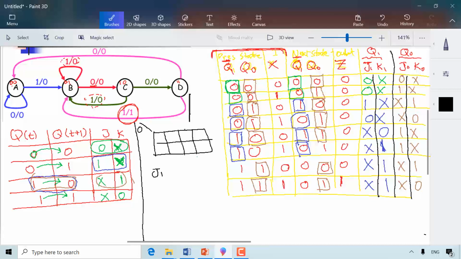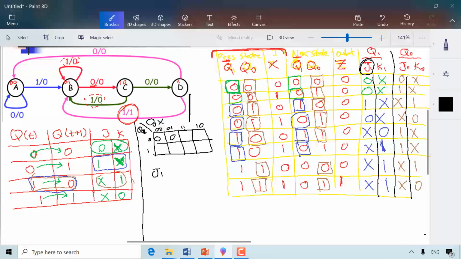Obviously this is Q2, Q1, Q0, X. So 0, 1, 0, 0, 0, 1, 1, 1, 1, 0. Now, I need to read this column, which is the J1 column right here. Okay, and I need to put the numbers in the table. So I have here what? I have here 0,